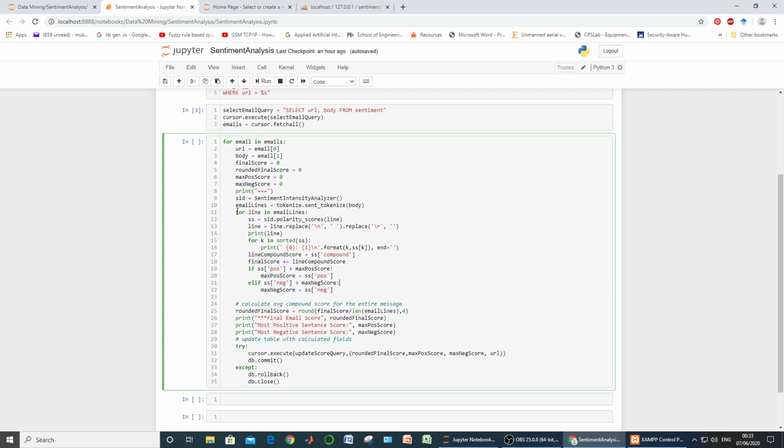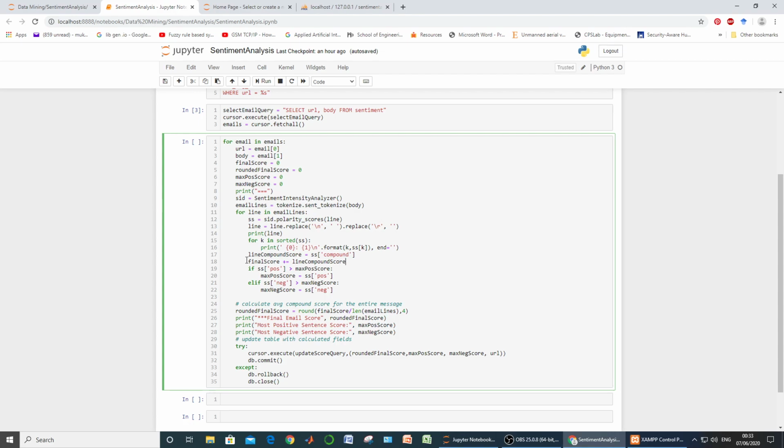So these statements are to be executed 10 times, and after execution of this block, the final score will contain the addition of individual compound scores obtained by the 10 lines present within the email, and we want to find its average.